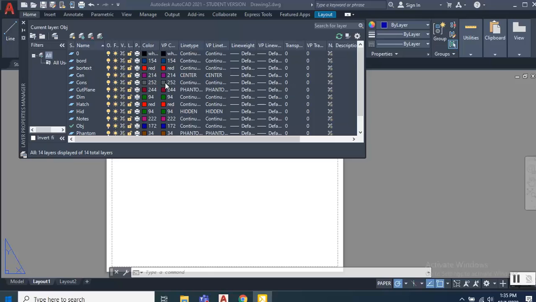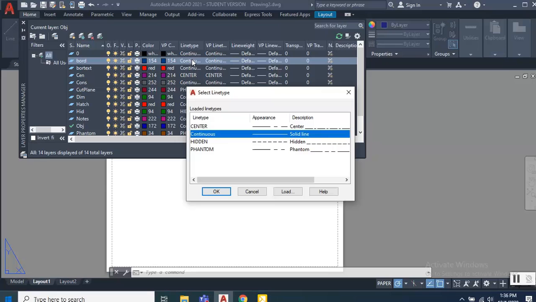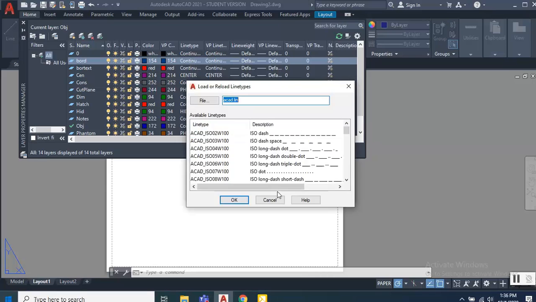To access the line type for a specific layer, click on the default line type named Continuous. A new window will appear, and click on Load, which is located on the bottom right. A menu will be displayed, and you can choose the line type assigned to the layer from the slide in step 6. Be sure to highlight the correct line before returning to the Layers Property Manager. Repeat this step until all assigned line types are complete.